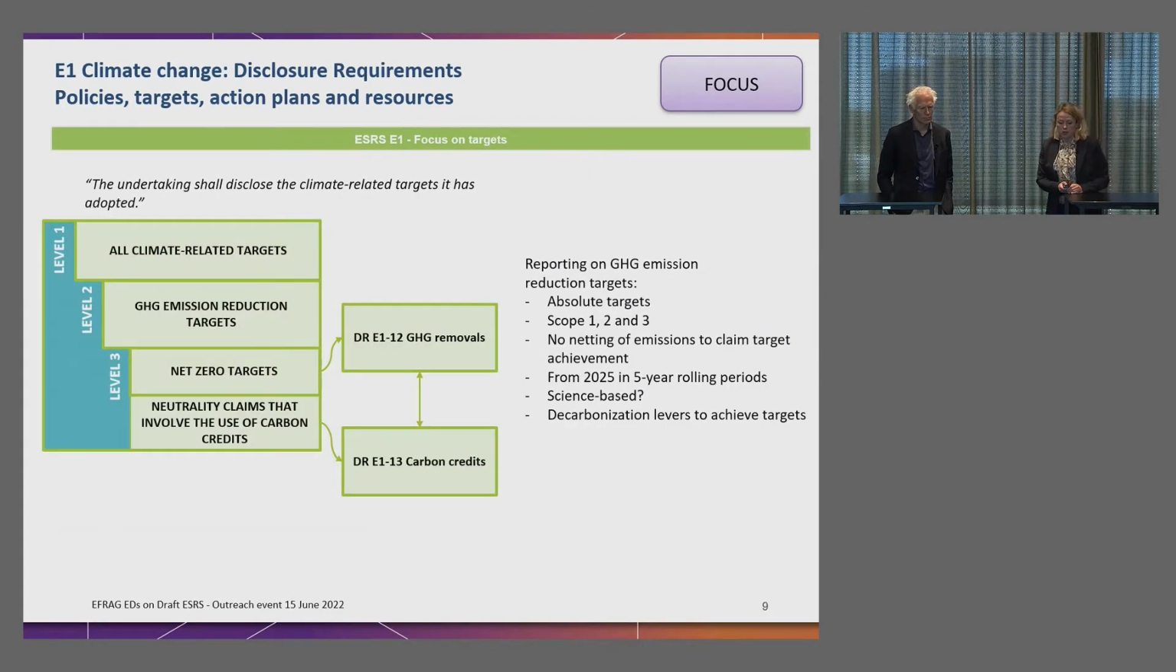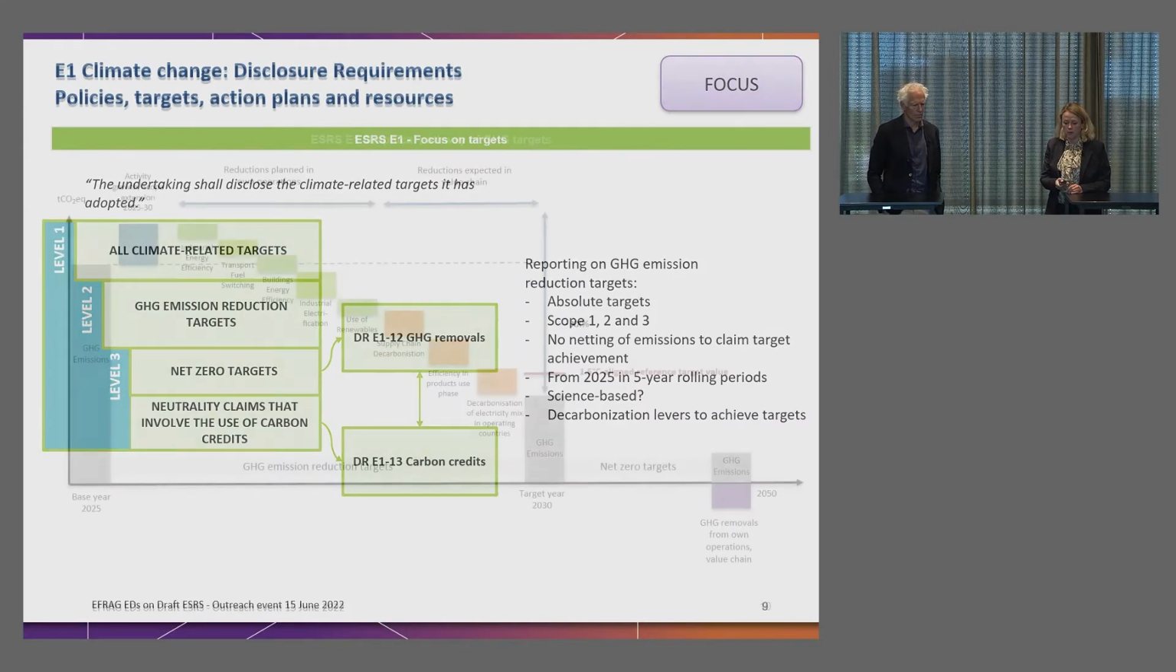When we talk about the targets, the standard again outlines which exactly targets we talk about. First of all, it asks to have the targets. This is the first very important element. It not only asks to transparently disclose where you are, but we do need to have targets. All climate-related greenhouse gas emission reduction targets, net zero targets, and neutrality claims that involve the use of carbon credits. So these are very important elements, because all these need to be, first of all, in place, and secondly,